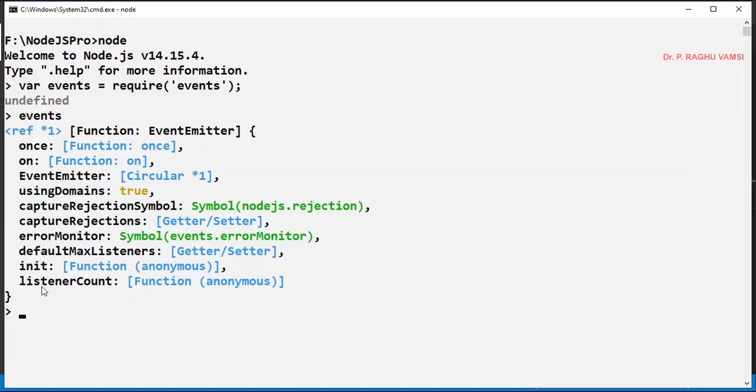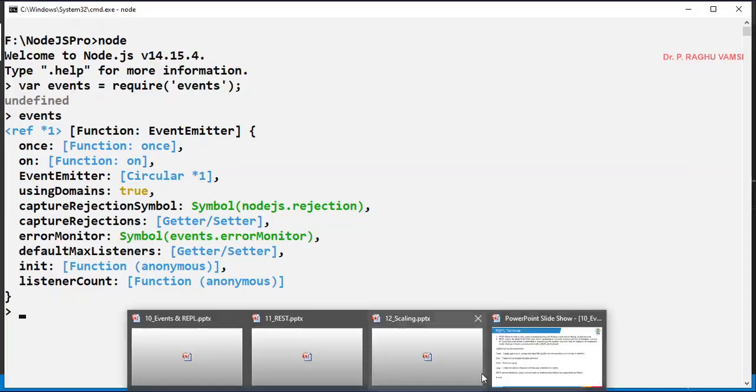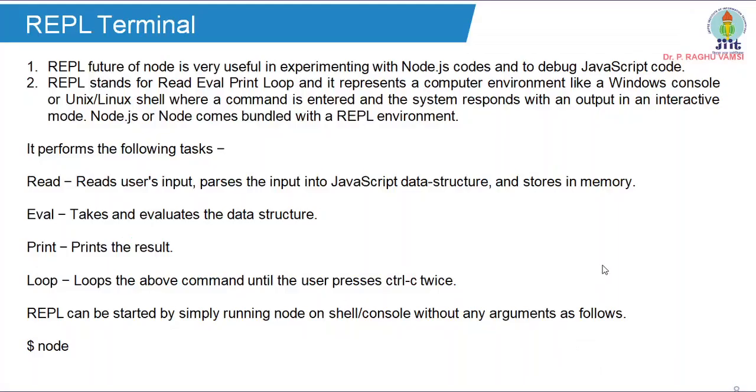These are the various functions available in this EventEmitter. So events is the module in which you will have the EventEmitter. Like that you can go for debugging of the script, and you can also see what internal functions and variables are available in the module via the command prompt in this way. So this is how REPL will be useful for us.